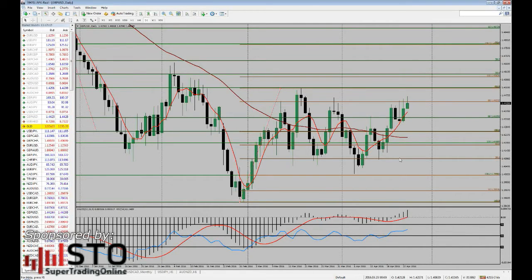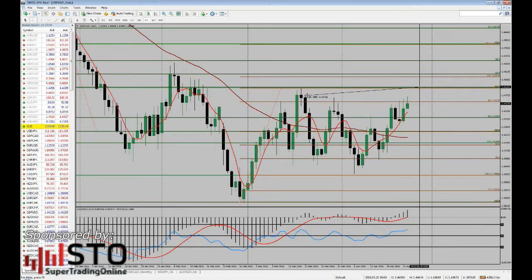The current market move, as I commented, is from a price action perspective on the bullish side. We can see that there are higher highs and higher lows at the moment, but there is a resistance at the 1.4515 level, and I'm convinced that this level is going to be acting as a strong resistance level. So therefore we will be looking for a short position. It will be a correction short position at 1.4520 level with stop loss of 30-35 pips, and our first take profit is going to be